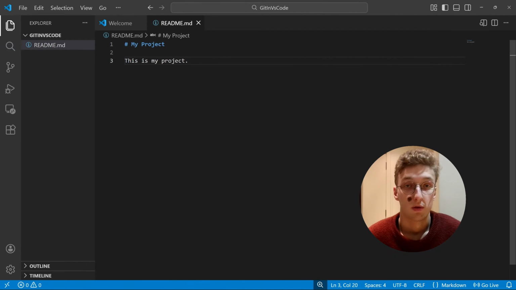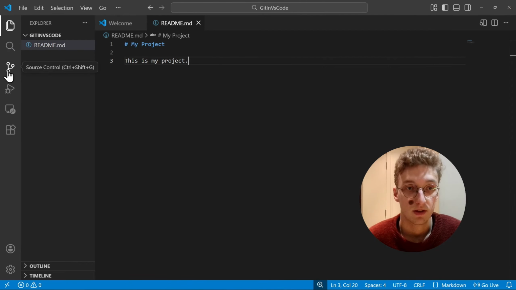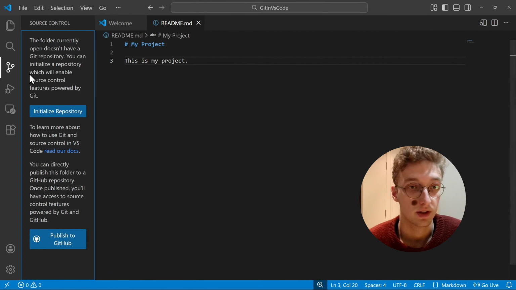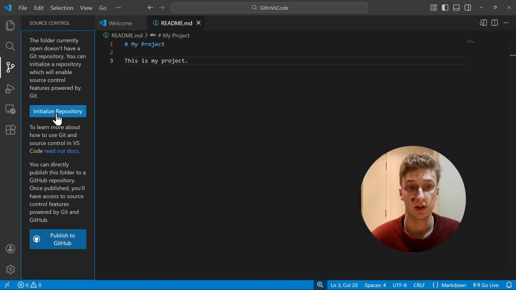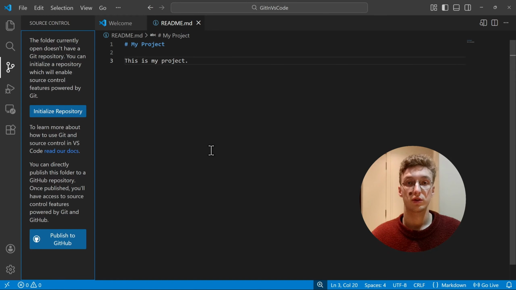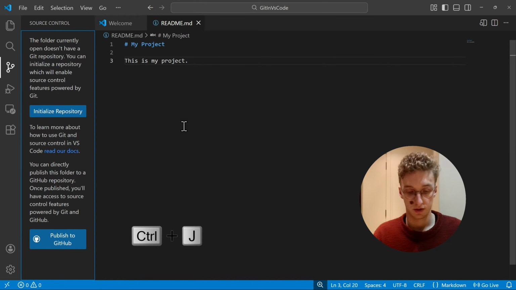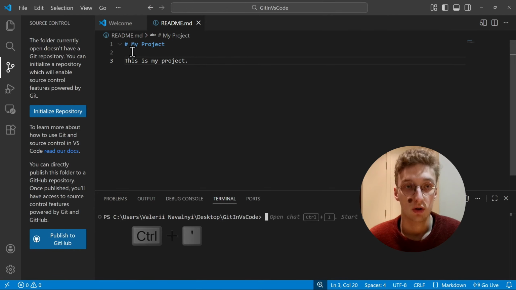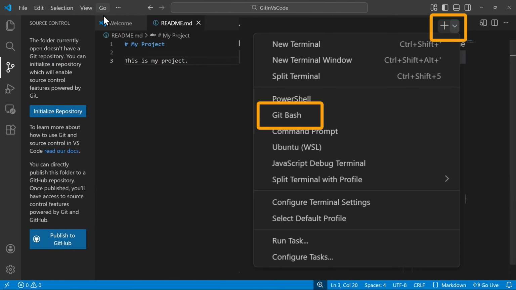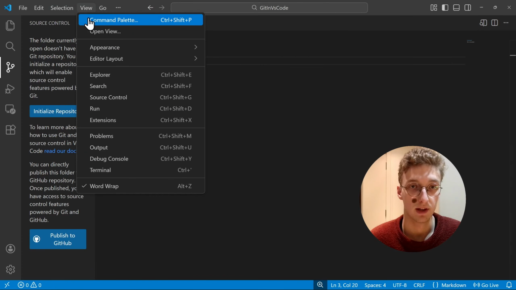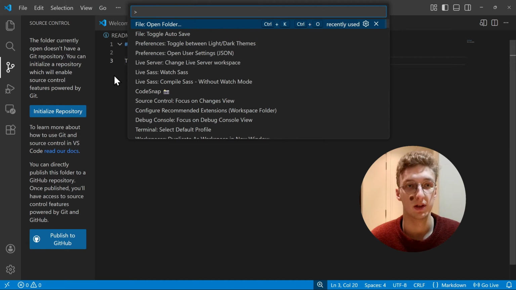Right now it's just a normal folder, but we'll enable Git by going to source control, Ctrl-Shift-J. Here it says it's not a Git repository at the moment. You can just click Initialize repository, or what you can also do, you need to open your terminal. You can do so by pressing Ctrl-J or Ctrl single quote, yeah. Or you can go to View, and instead of Command Palette, which is VS Code built-in Command Palette, you need to